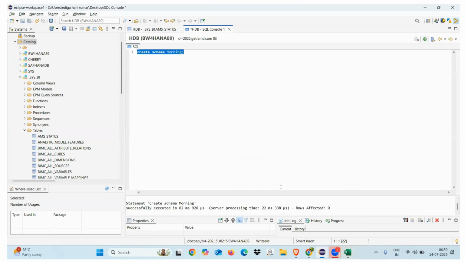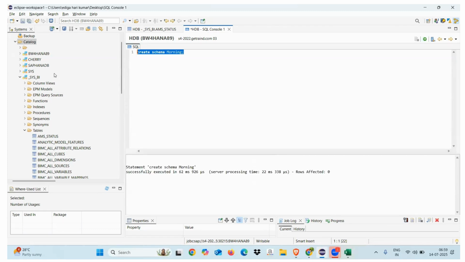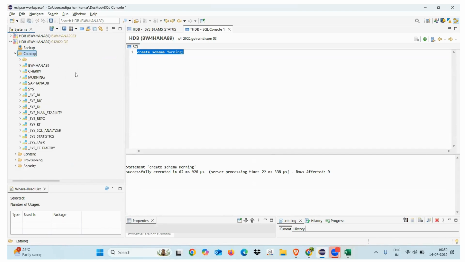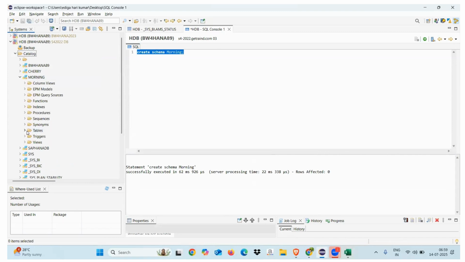Just click on this and you will get it. Once you refresh this one, right click catalog and refresh, you will see the schema here. As of now, I don't have anything, it is completely blank. Okay. Because